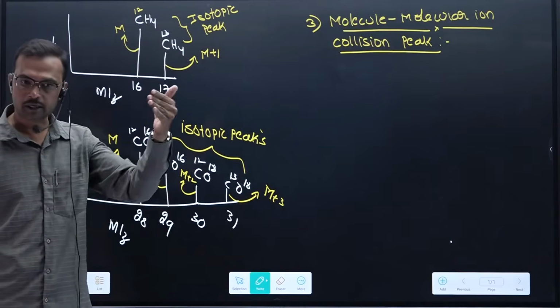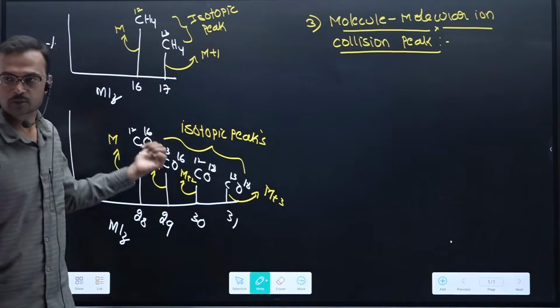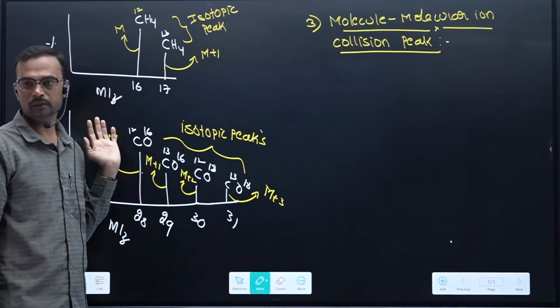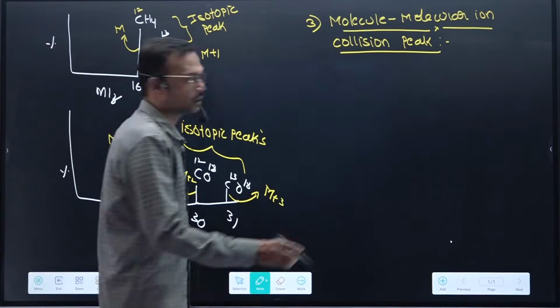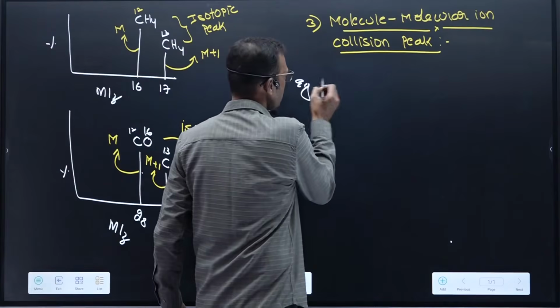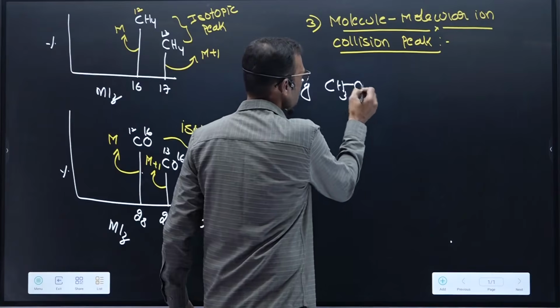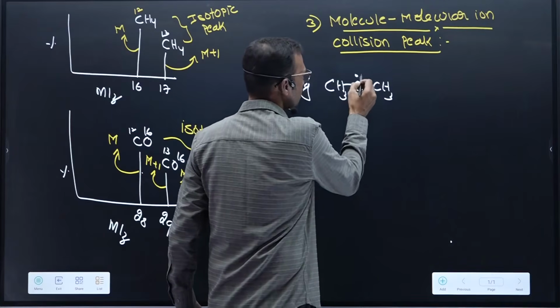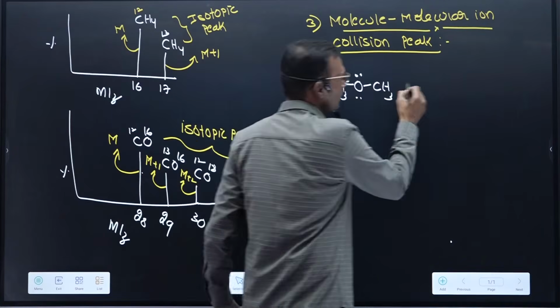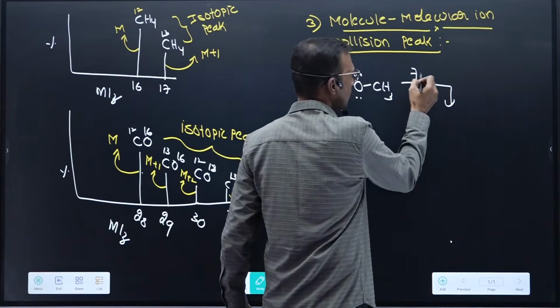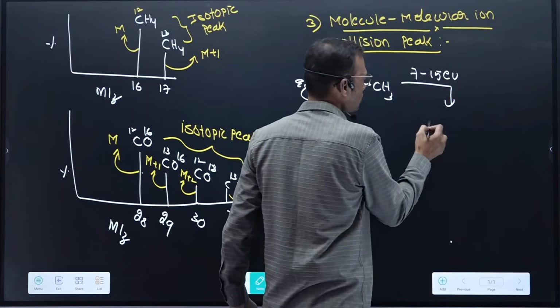Okay? If you remove these three misleadings, then only the last peak belongs to the molecular ion peak. Clear? Suppose, see, the best example I am showing, this is one ether. Now, ether upon electronic impact, by maintaining 7 to 15 electron volts, one of the electrons